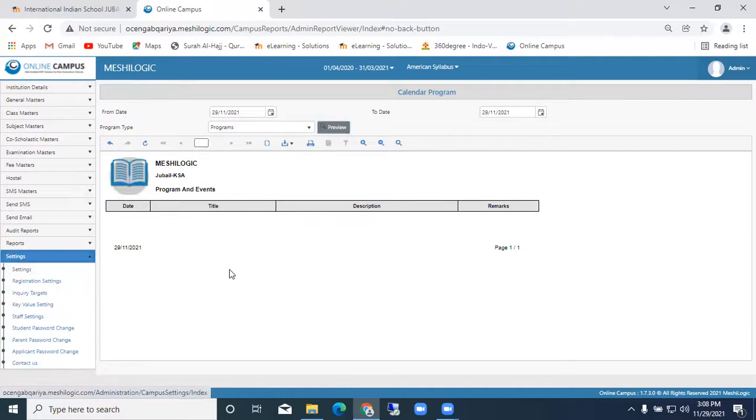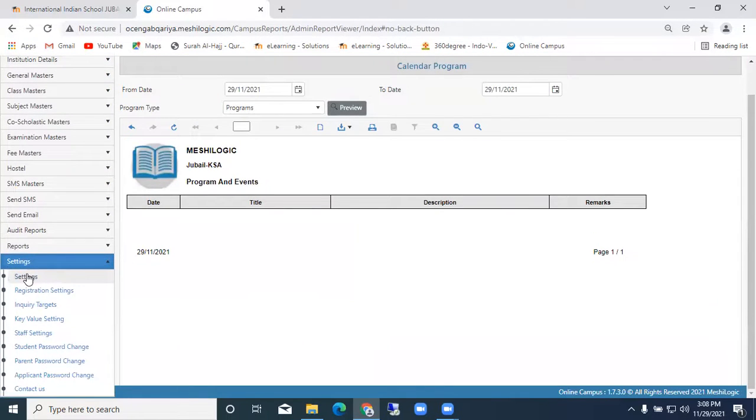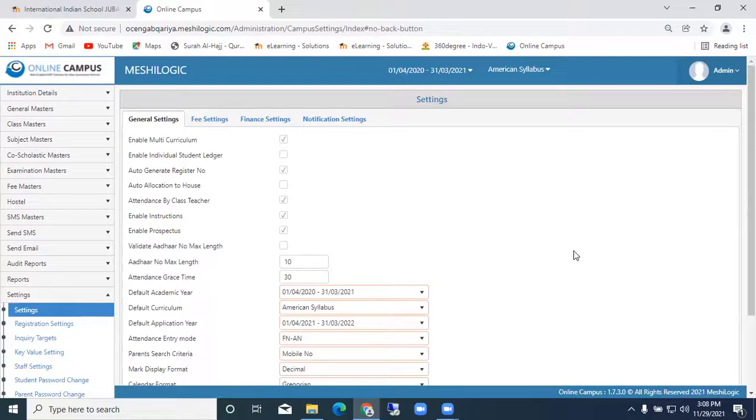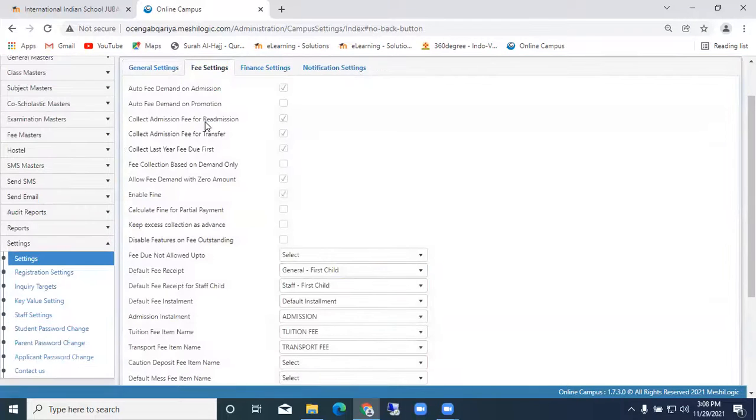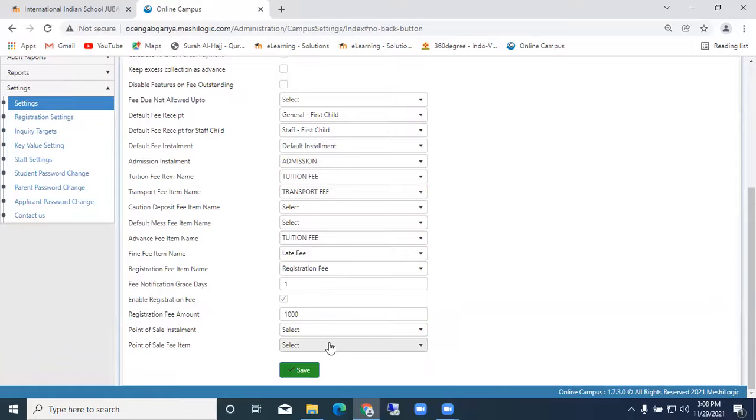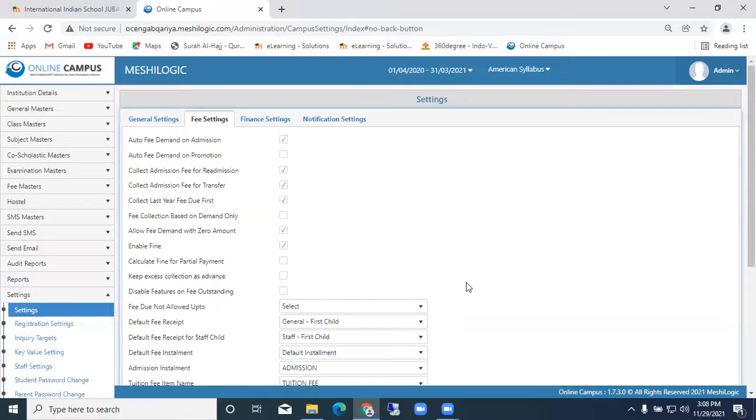Again, coming back to the settings. In the settings we have many things. Let me share the basic settings. These are the settings: Aadhaar card length, academic grading length, which year, 2021, and which syllabus we are following. This is the basic information, which we need to set up one time. Then fee settings. Under the fee settings, the voucher number and what types of fees we are collecting: first child, second child, third child, admission fees. Those fee details we also have to mention, like the registration fee amount and the installment fee amount. All these details can be set once.